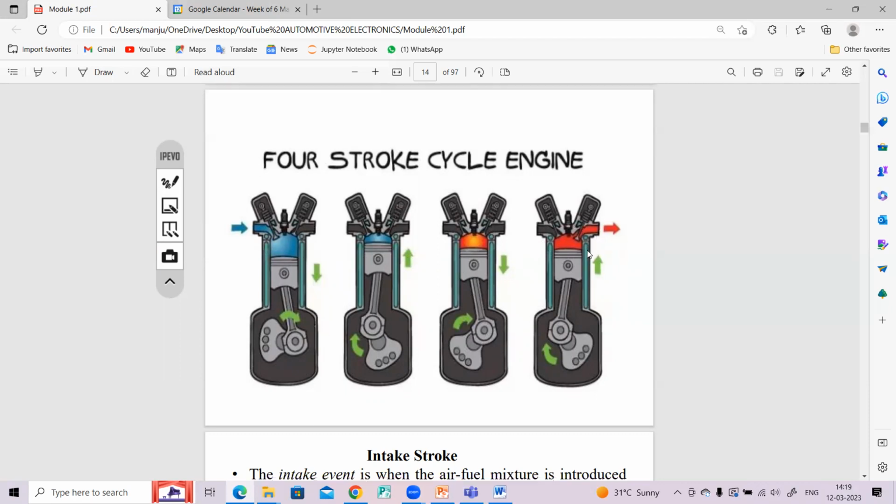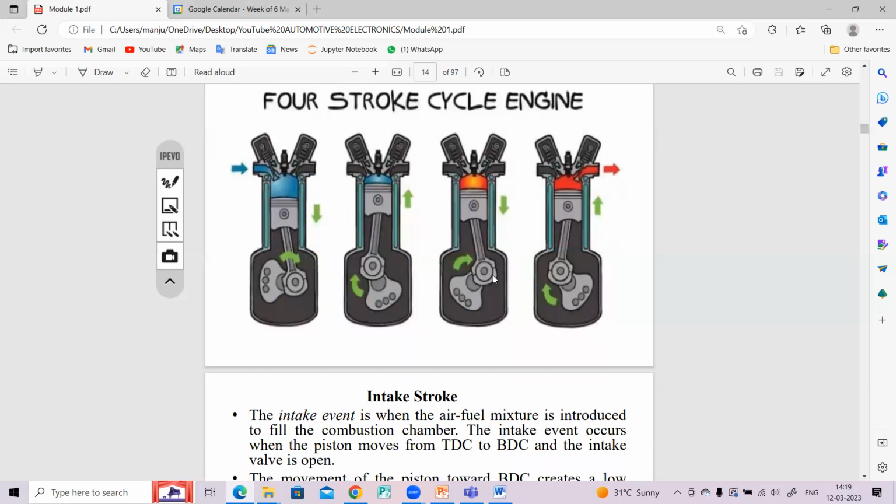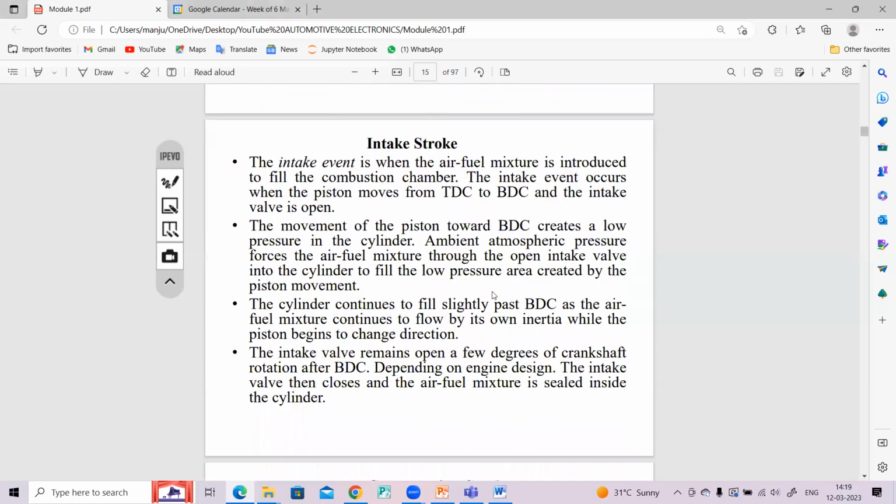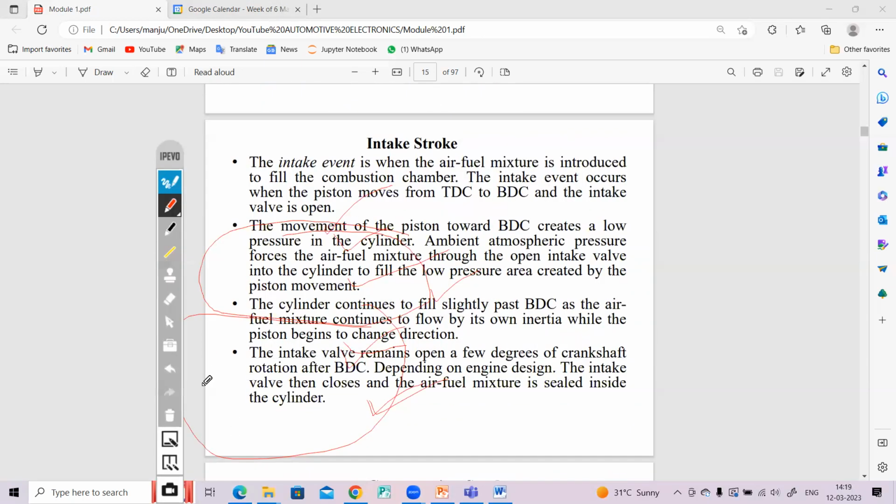Okay, see, this is the mode of operation. The four-stroke engine is going to work like this. So first is the intake stroke. In the intake stroke, the air-fuel mixture is introduced to fill the combustion chamber, where the intake occurs when the piston moves from TDC to BDC,